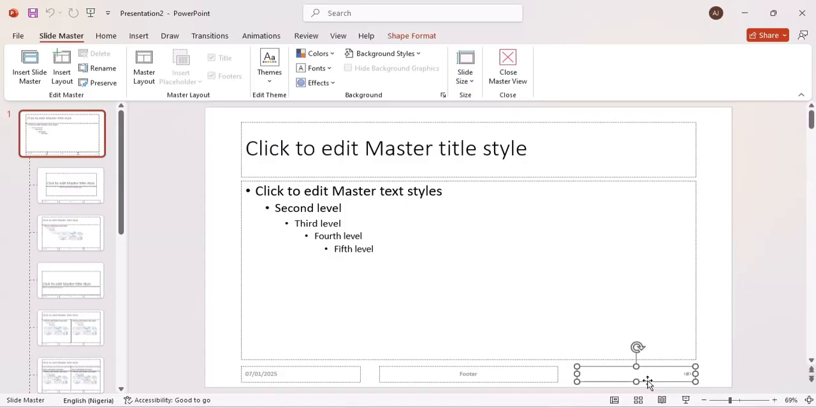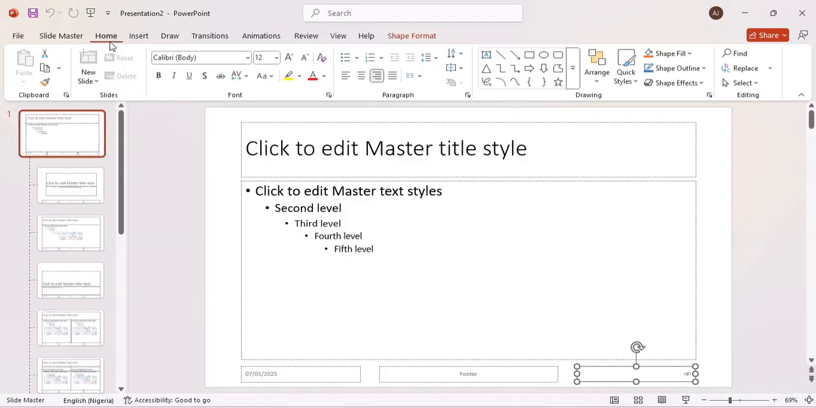Either you want to make use of this automated one here, or you want to create your own. Now let's start with the first one. If you want to make use of this automated slide master, you have to ensure that you go to your insert,